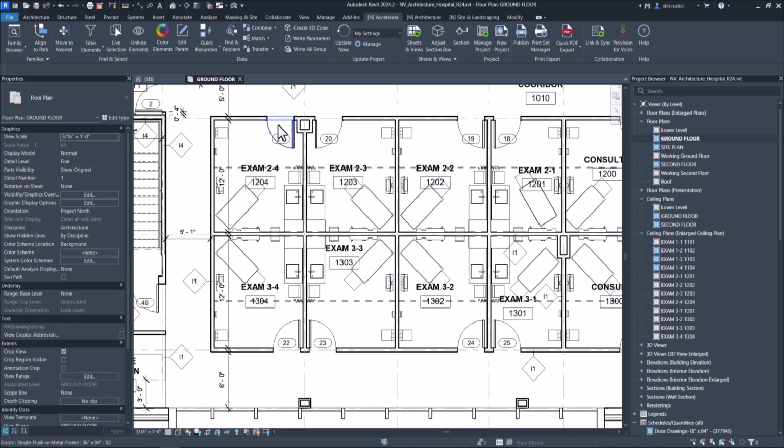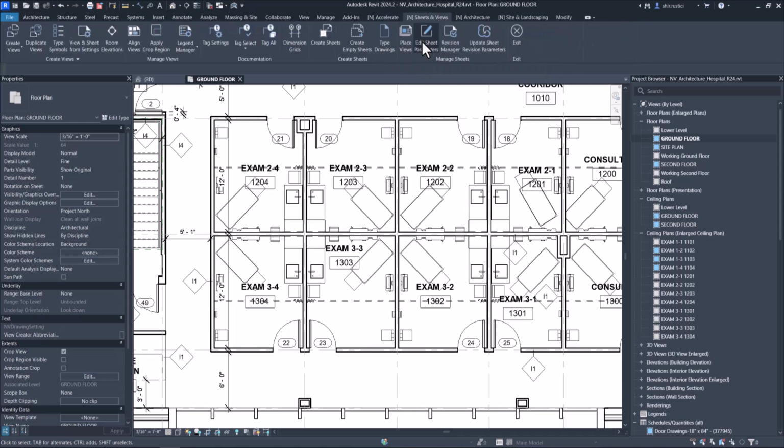Now let's move on to the next fix, which is actually, to many of you, might seem like a new feature because it was only available in the US region toolbar and not in all regions. We now made it available to all regions, which is the room elevation feature located in the Sheets and View tab. Here we have the room elevation features, which is actually two parts.